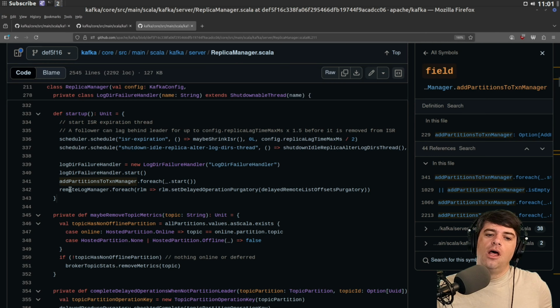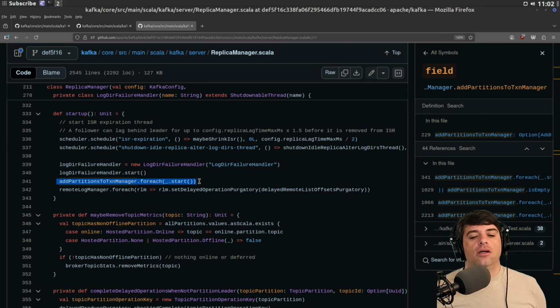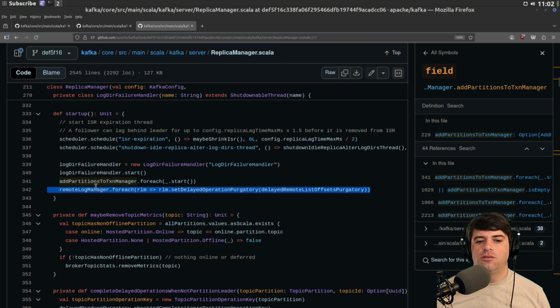And then the remote log manager, for each, we're going to set delayed operation purgatory to the delayed remote list offset purgatory. Okay, so we're starting to the partitions, or maybe the partition managers. We're starting some per partition code somewhere as part of the replica manager. This seems to be like the main thing that we're doing, and also maybe some logging stuff.